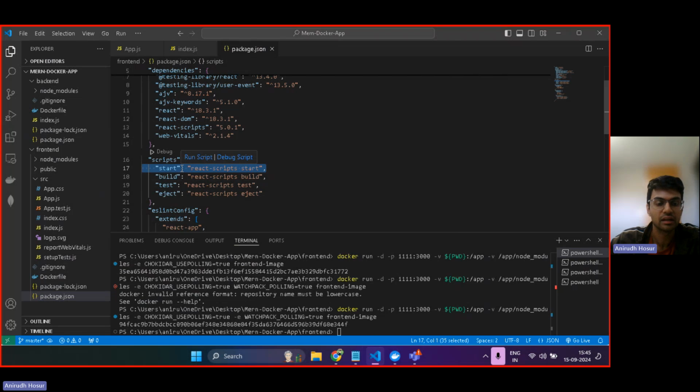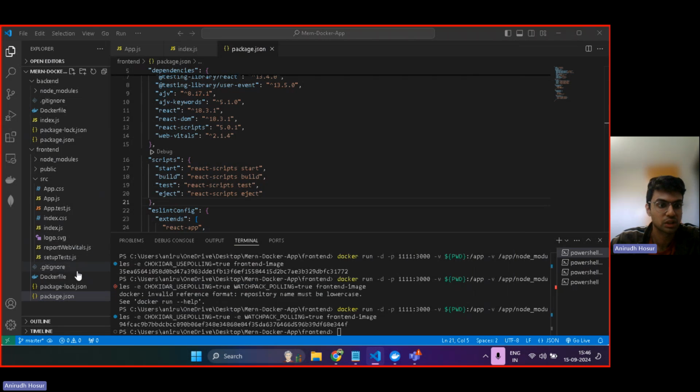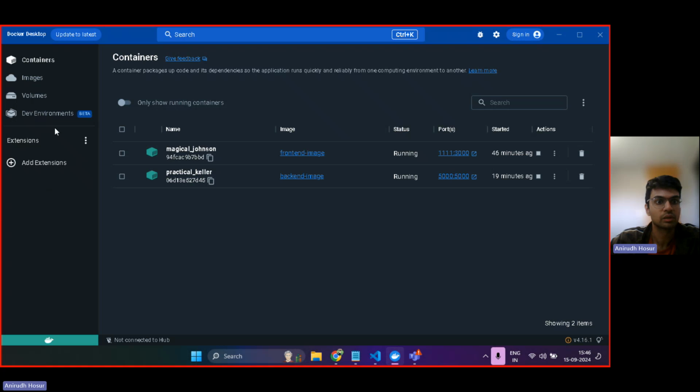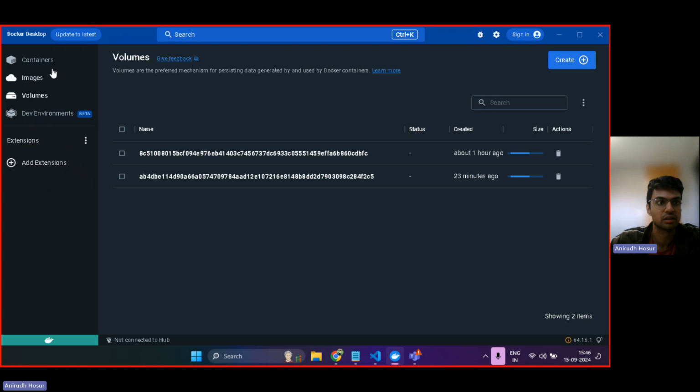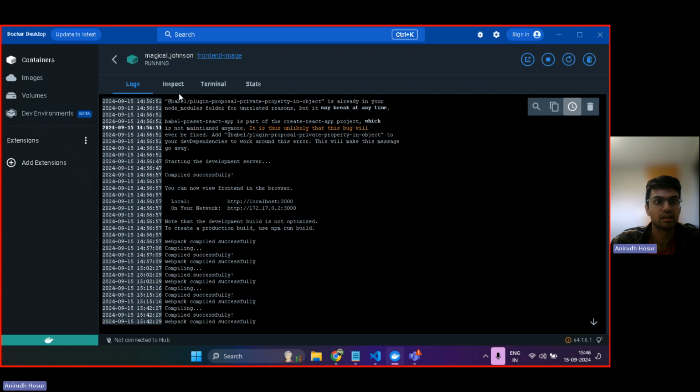Every time they sense a change on your local machine, this change goes into the app and app node modules. How does it go into that? It again boils down to our Dockerfile, because we're copying the data from our local to the volume over here. So if I go to the running container and open the front-end image,